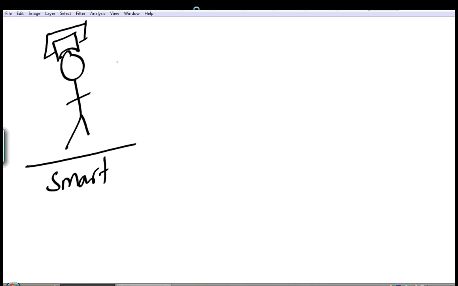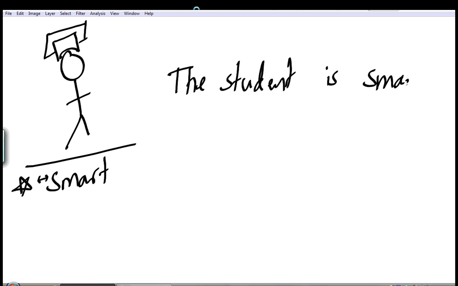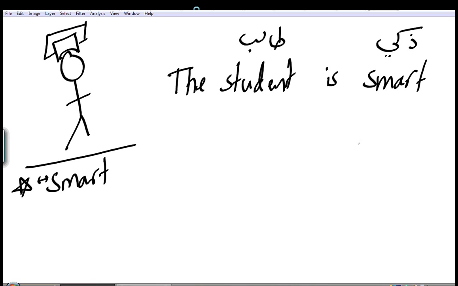So we have someone, which is a person, and we have a kind of property for him, or an adjective that we want to describe him, or a piece of news we want to deliver. So let's say that the student is smart. Okay? These kind of sentences are translated to Arabic as follows. Knowing that the student in Arabic is talib and smart is dhaki, you would translate this to